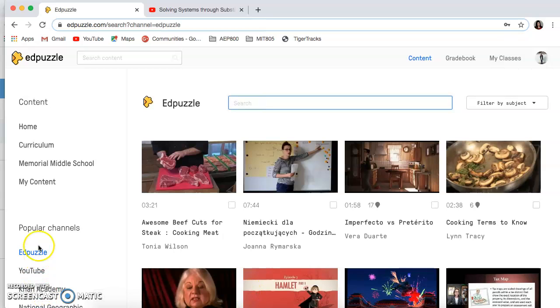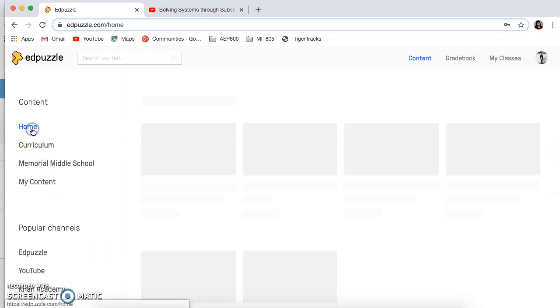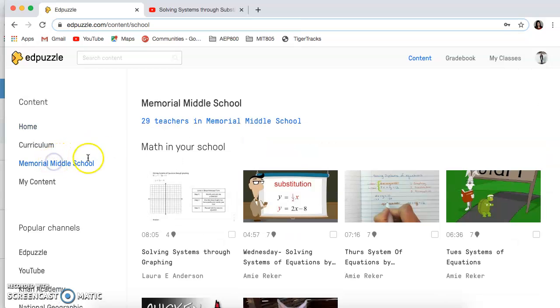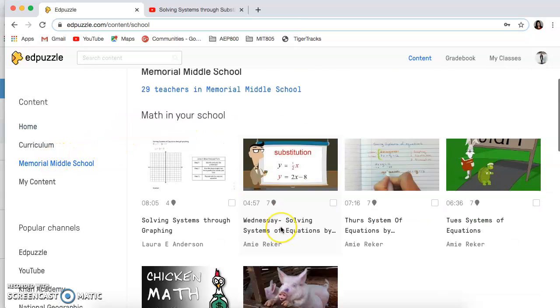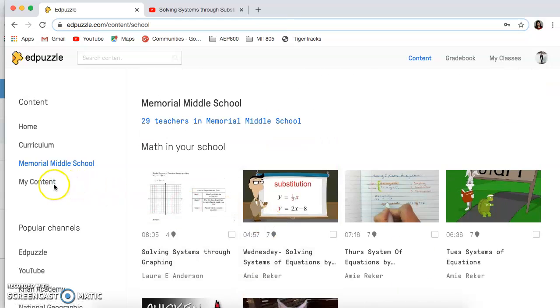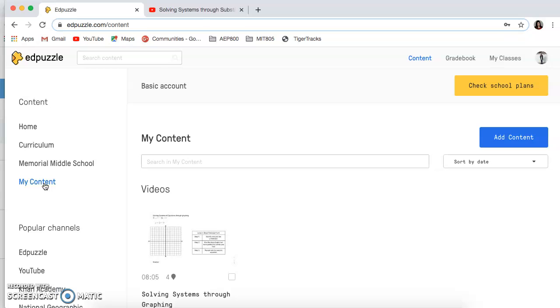So this is the Edpuzzle homepage, and then I can go to my homepage, and it's really neat because it shows me all of the math teachers in my school videos that they've created. So you can see that I have created one, and then there's some from other teachers here. And it can also show me all of the teachers at Memorial and the videos that they have made, which is neat. So to create content, you would go to My Content,